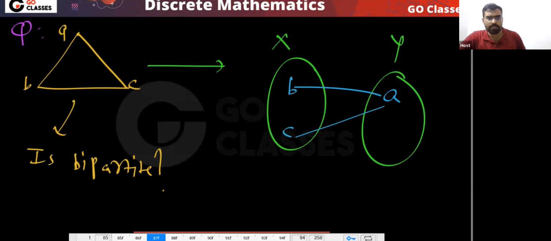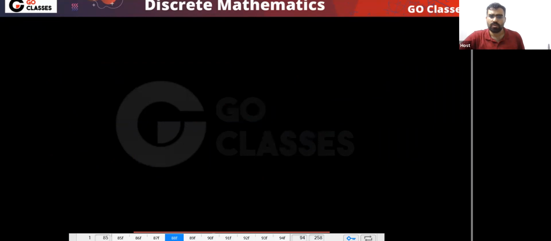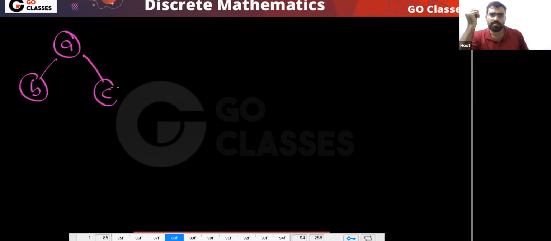But now there is a problem. They are adjacent. So this is not bipartite. So this graph is also not bipartite. So this is the idea. Okay, is it clear? Whatever graph I give, for example, if I give this graph A, B, C, D,